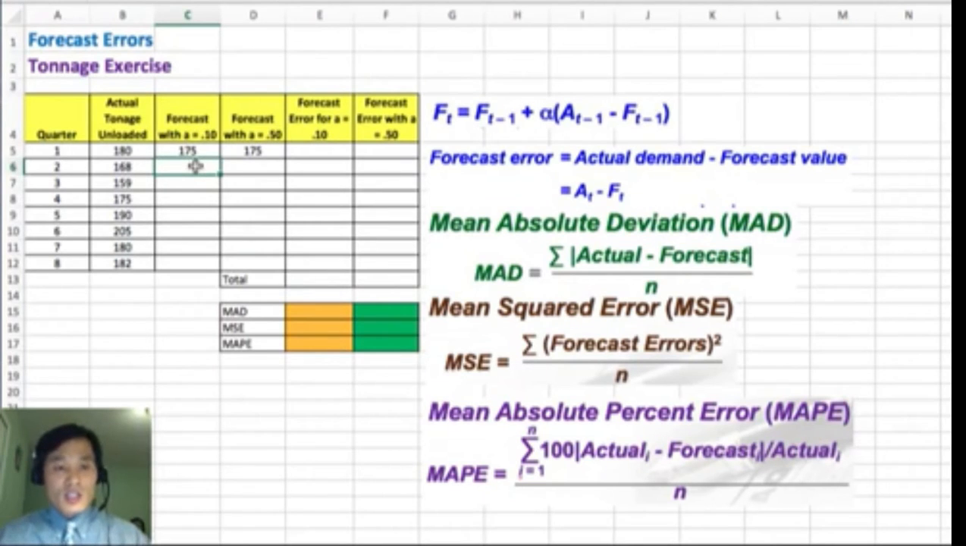If you're using the exponential smoothing method, you can calculate like this. You start with an equal sign and use the formula, which is right here: ft equals ft minus 1 plus alpha times (at minus 1 minus ft minus 1). Here ft minus 1 is the previous forecast, so you can simply click on the cell 175, plus alpha, which is given here as 0.1, so you can type 0.1